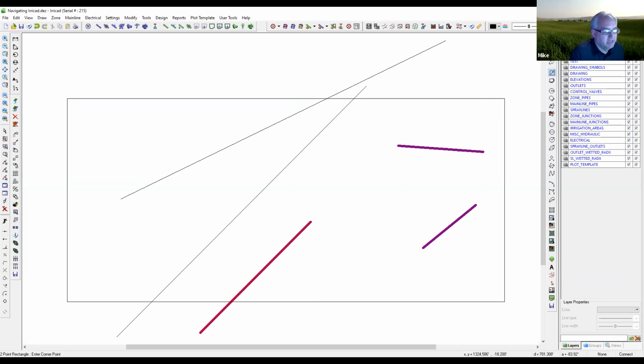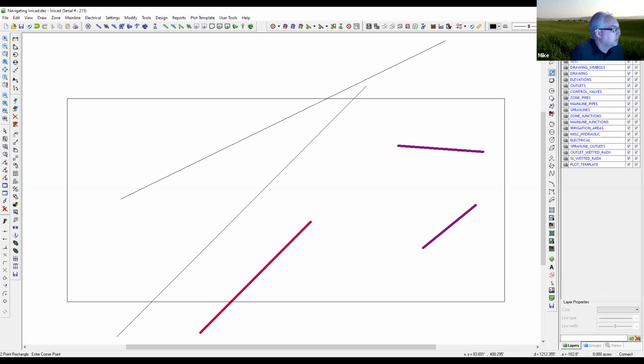And that's down here where it currently says none, because I haven't defined anything in that area. But if I right click over that, we call that the info panel, part of the info panel. If I right click there, I can choose any of these things to be defined or populated in that area. So if I choose area, it's going to tell me right now 0 acres, because I haven't selected anything that